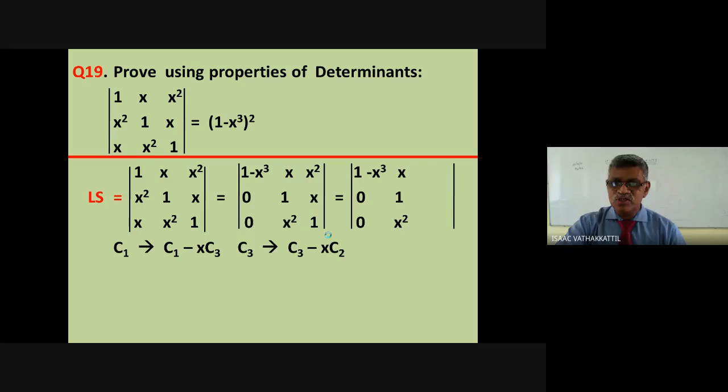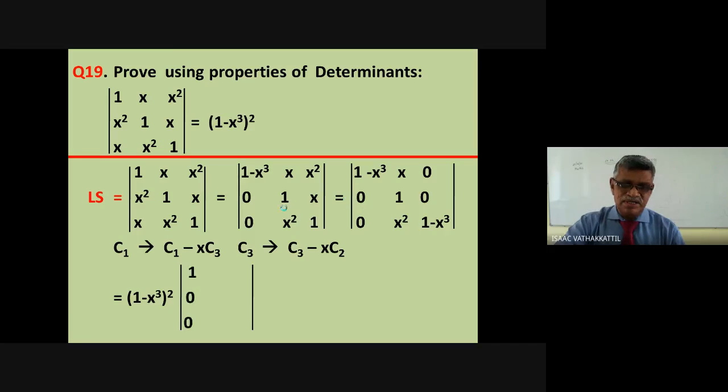The matter is almost all over here. 1 minus x cube whole squared will come out: 1 minus x cube from the first column, and again 1 minus x cube from the third column. The term you want to prove is now common. The determinant remaining will be rows 1, 0, 0; x, 1, x squared; 0, 0, 1. That is 0 0 1 in the last row.